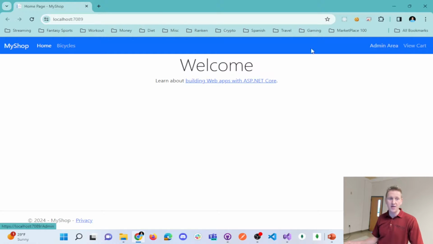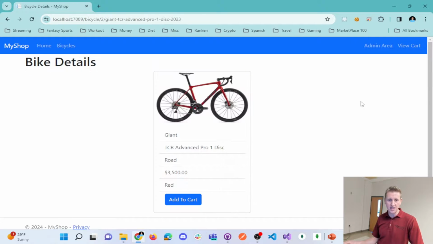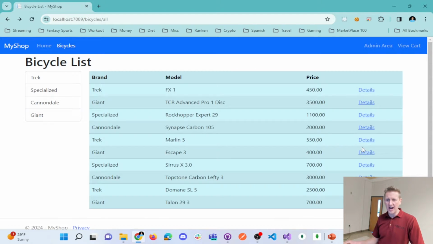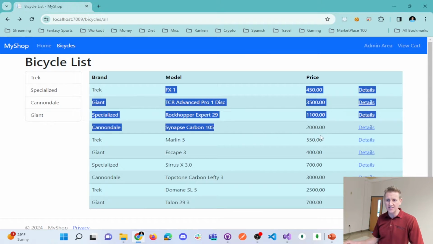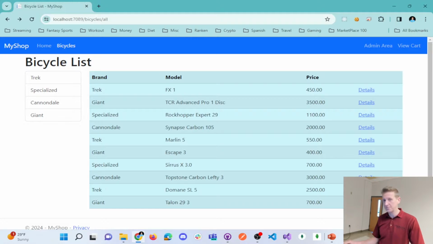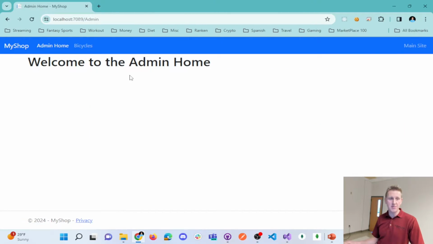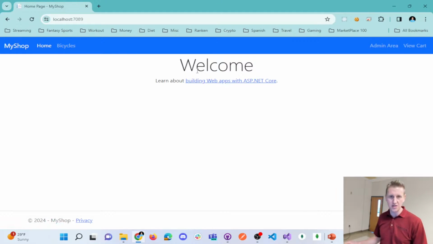We do have an admin area, and we have bicycles. Looks like I have 10 bikes. Of course, I don't need 10. I have images for the first 5. That's why. After that, I stopped downloading and putting images in that folder, but nonetheless, this will work. And so you can filter here, and we've got the admin area to add, but that's not what we're focusing on. We are focusing on creating a shopping cart,